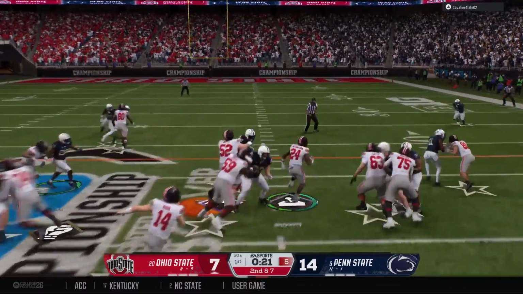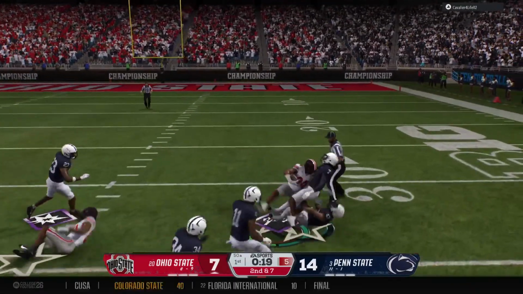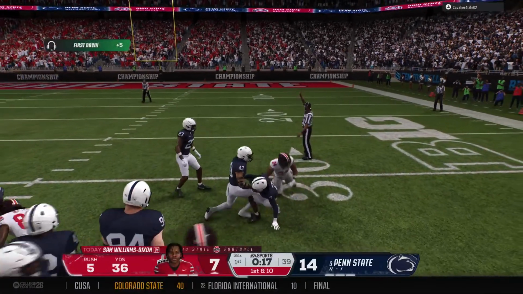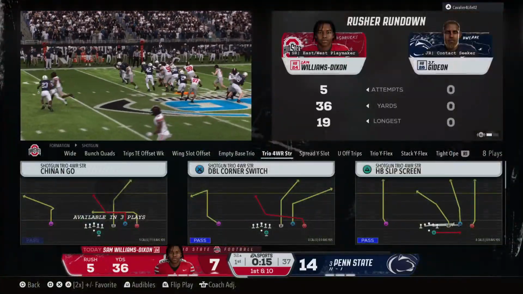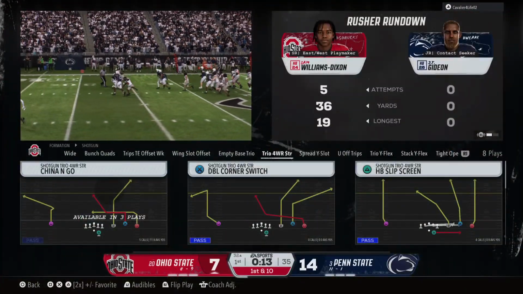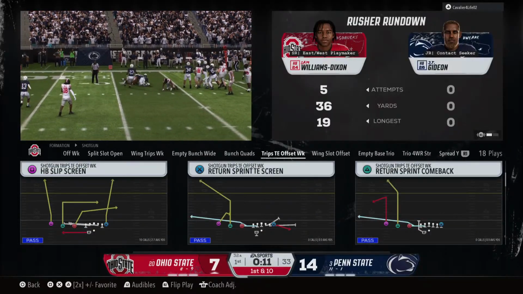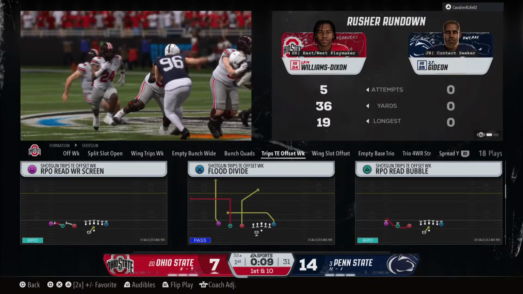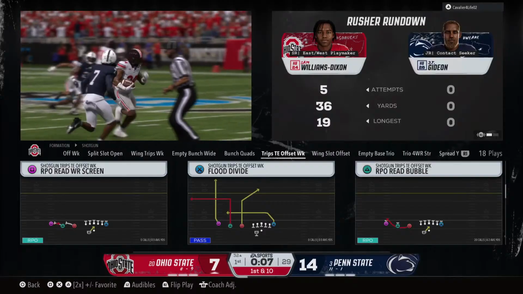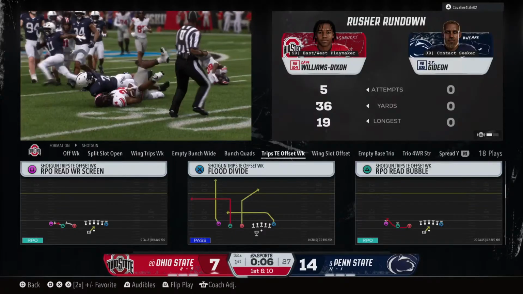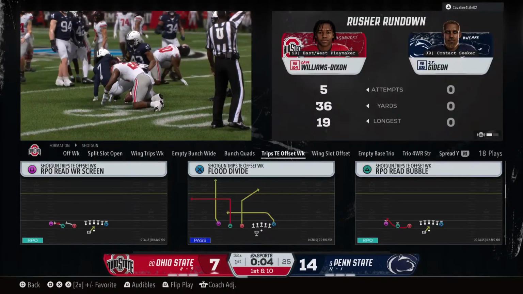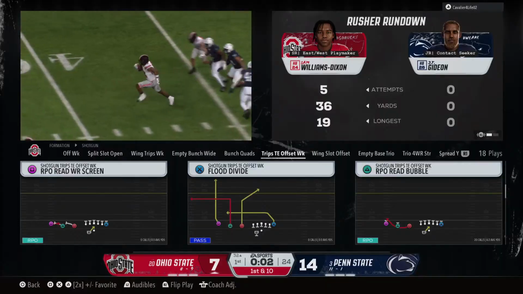They go with a direct snap. Picks up the first, looking for more. They get him down, but not before he moves the football to the 32. Boy, that's a beautiful run here for the first down. Really living up to that reputation of the great backs that they've had over the years. Think about Archie Griffin and Eddie George, Ezekiel Elliott, J.K. Dobbins, just so many great backs.